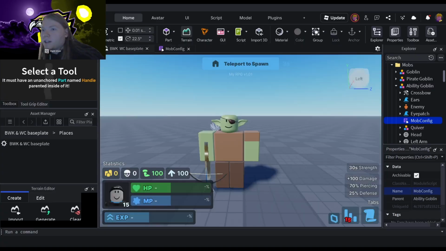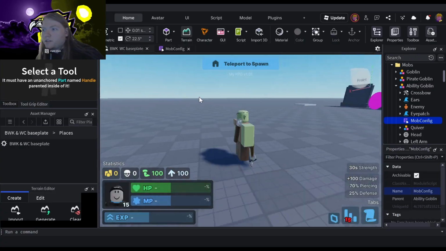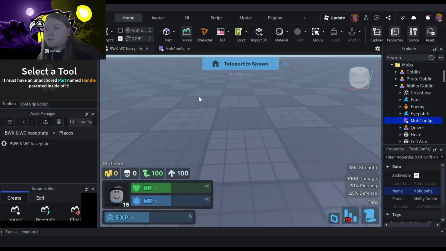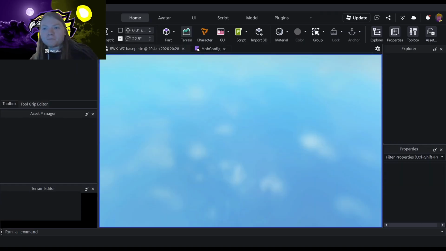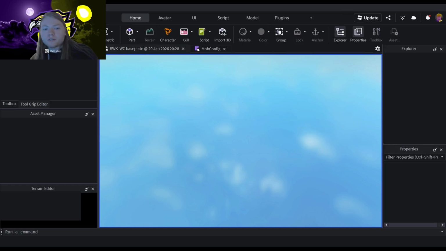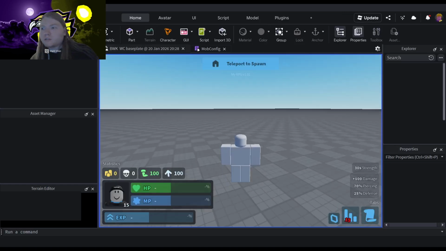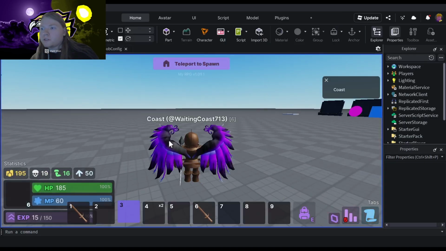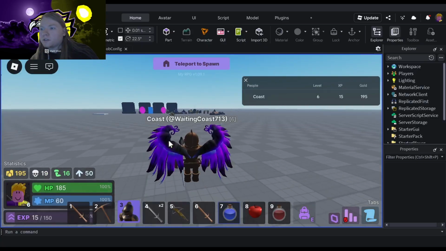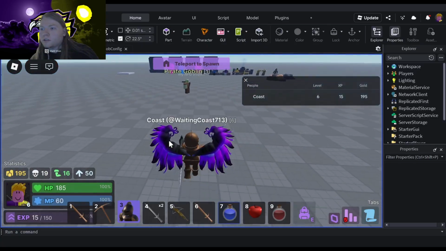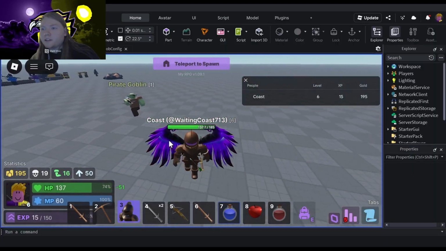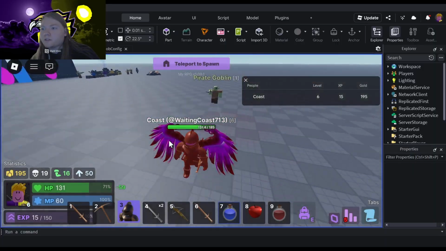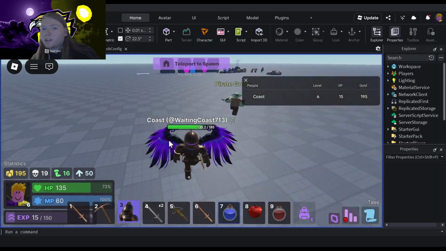Yeah, so now if I test this out, I'm gonna go ahead and test it right here. So I believe it's set to like 5 seconds, right? So see, it worked. And then it did the